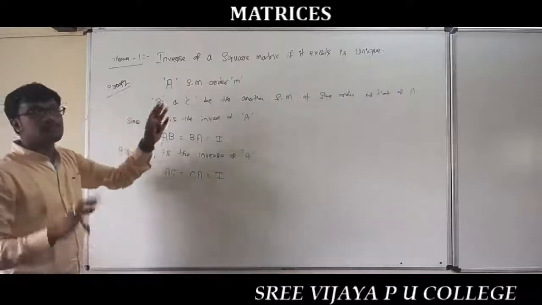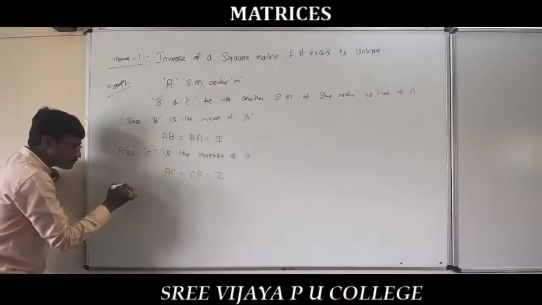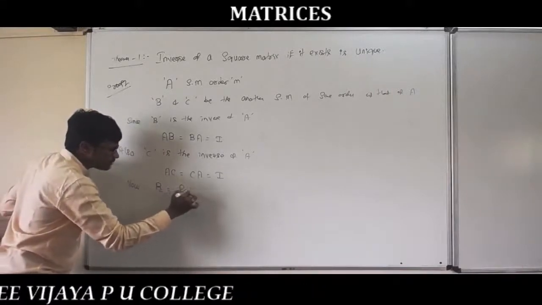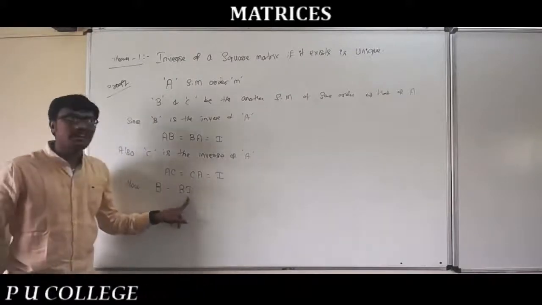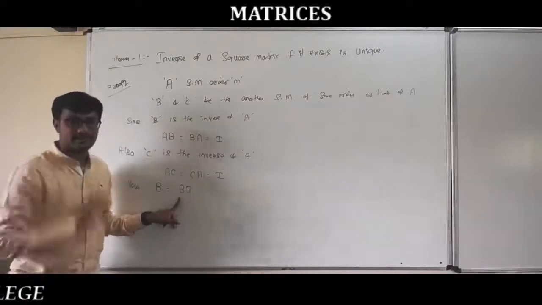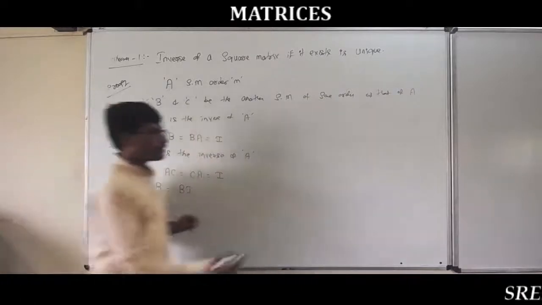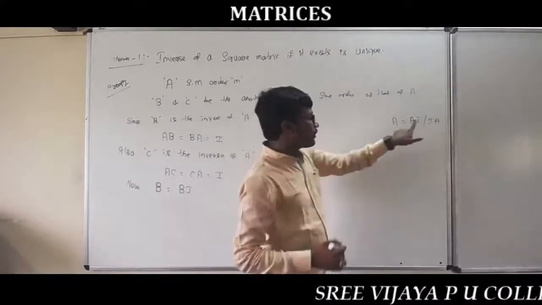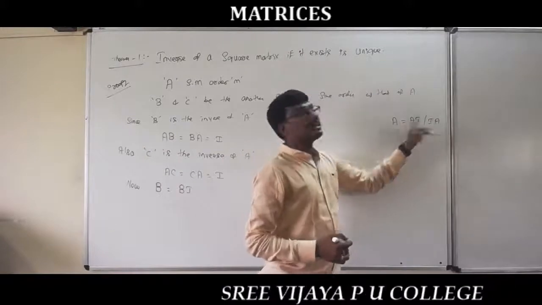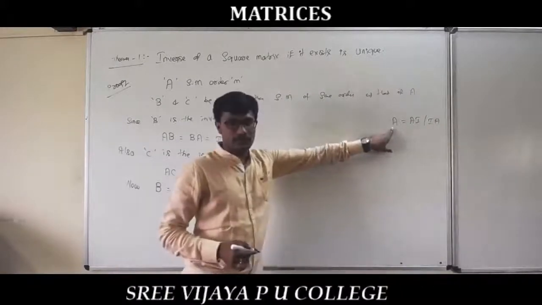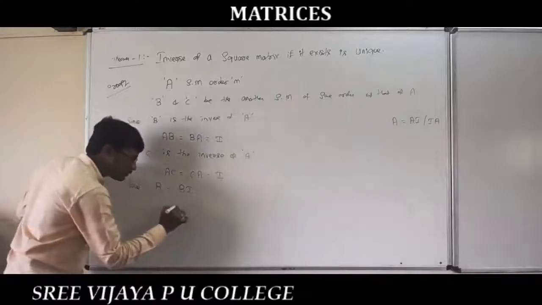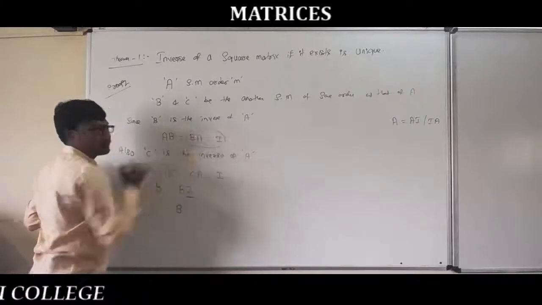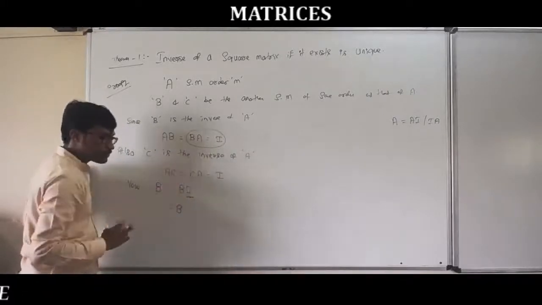Now let us check whether B and C are different or the same. So now I will take the condition that B equals BI, both are the same, because for any identity matrix, if you multiply by any matrix, it is the same matrix. Or A equals AI or IA, both are the same. Means for the identity matrix, if you multiply by any matrix, the resultant is again the same matrix. Okay, now see here, in place of I I took B. Is B equal to I, right? Or C is equal to I, both are the same.